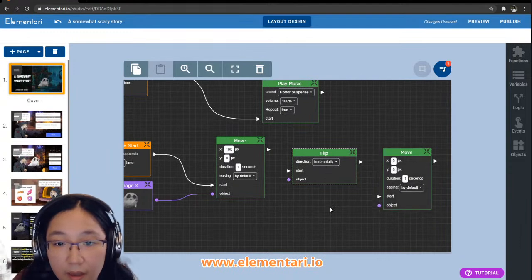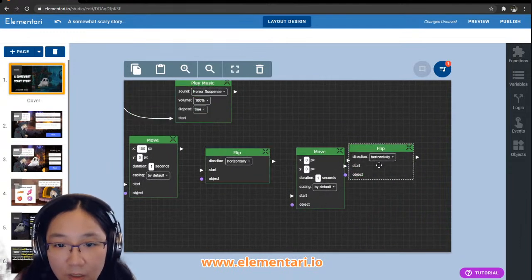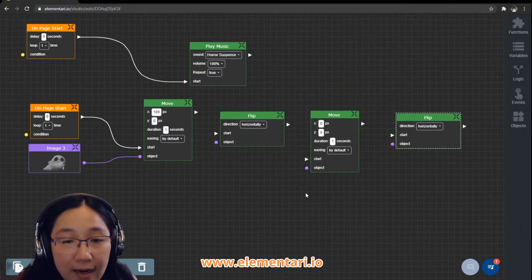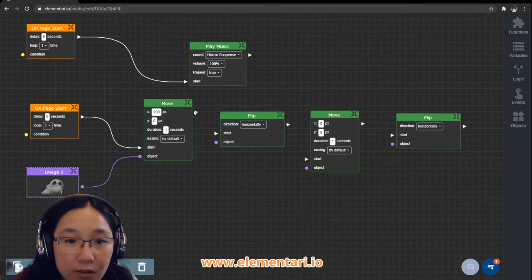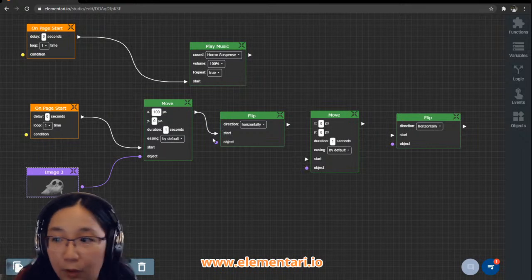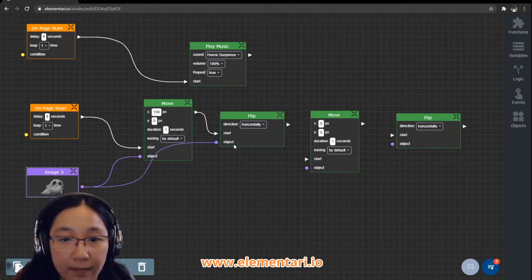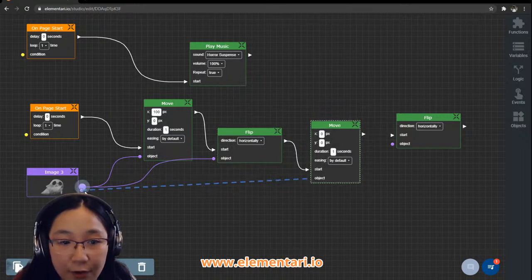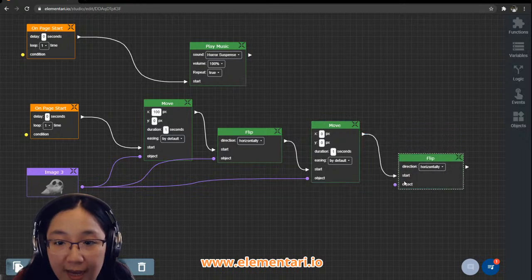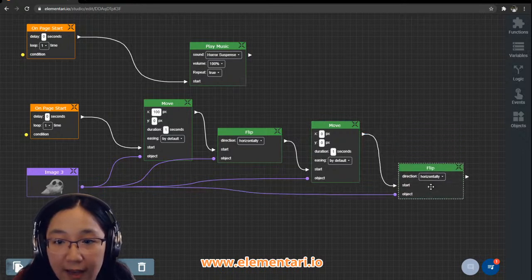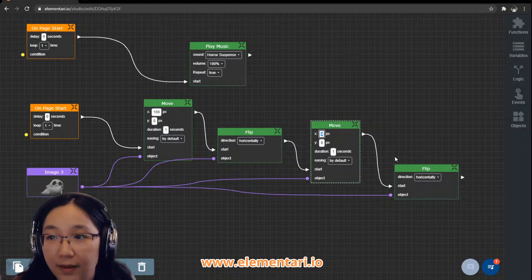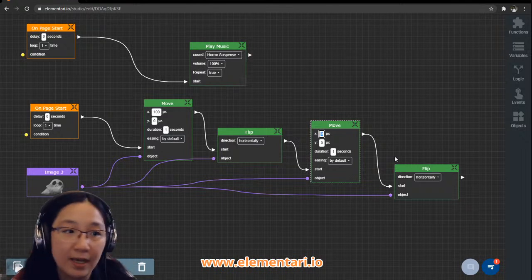So we did this last week where we did the exact same piece of code. Basically we want to move him, then flip him so that he faces the other direction. Then we want to move him again to the left and then flip him. So in order to move to the left, what value do I put? It's not 100. 100 goes to the right. What value do I put to make him go to the left?